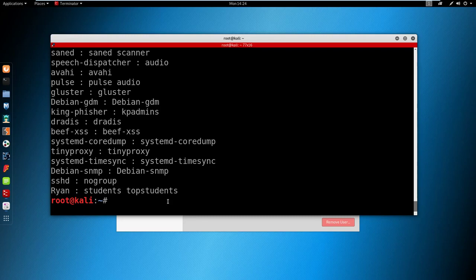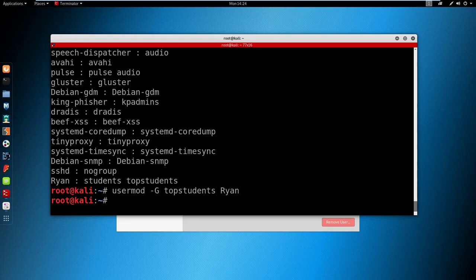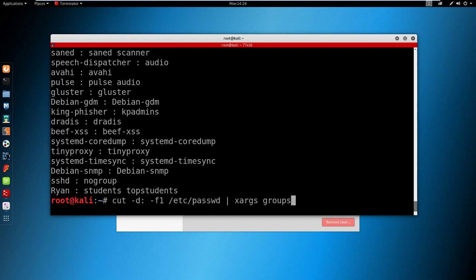Now there's ways of changing the secondary group and the primary group without affecting the secondary. So the way to change someone's secondary group is by leaving out the -a. So if we repeat this command but remove the -a, if we click enter and then check what's the new group of Ryan, in fact, sorry, not -G. If we change